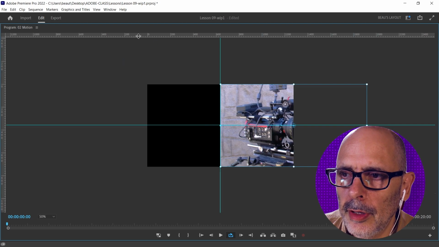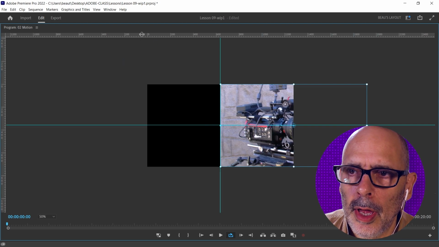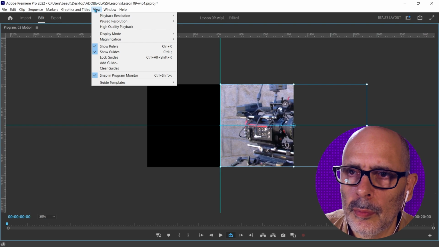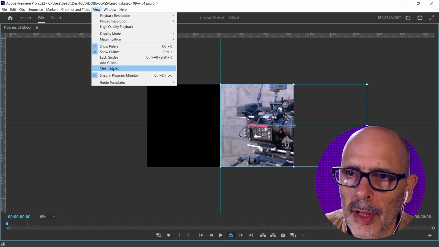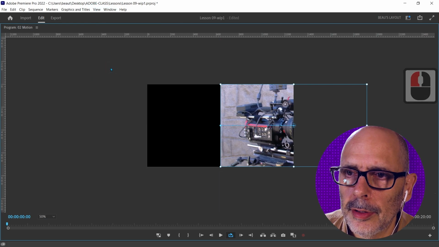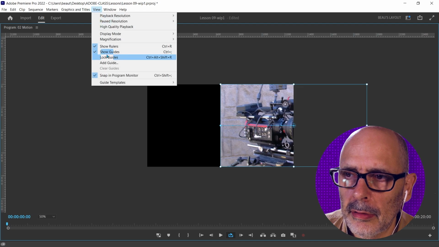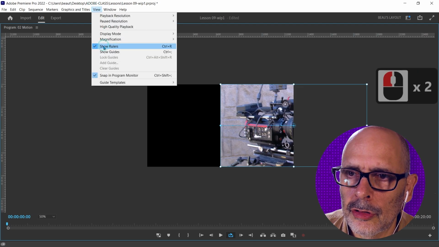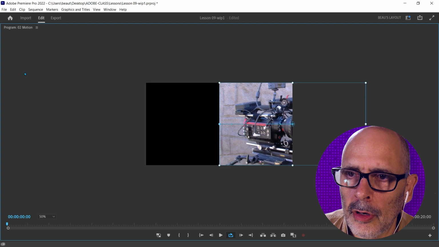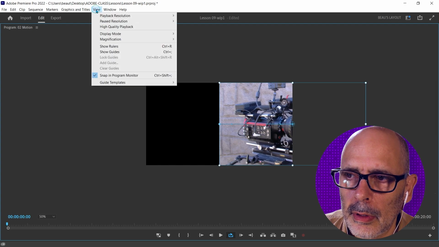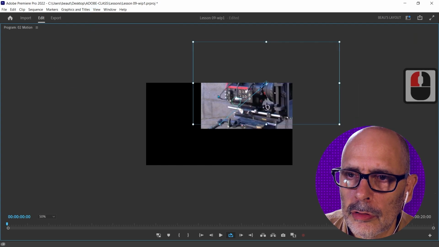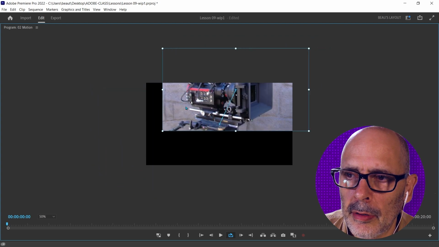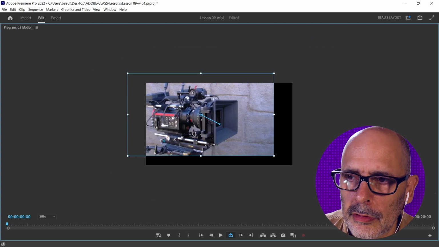And also your grids can be very useful and your rulers can be very useful, but note that you can also turn all that off. You can clear your guides. That clears my guides. You can turn off the guides. You can turn off the ruler. And now you can also turn off the Snap and Program Monitor in case you just want to freeform this